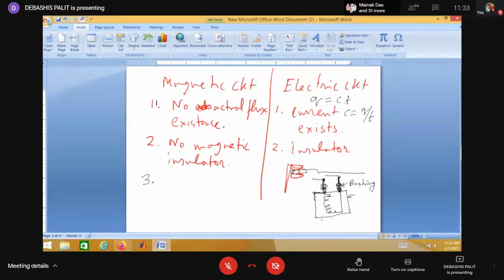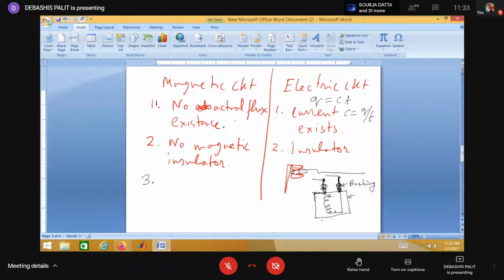To originate a flux, some amount of reactive power is required. But to continue the flow of flux, no power is wasted at all. But as long as current is flowing in an electric circuit, power is wasted. So only to establish the magnetic flux, the reactive power is required. But to continue the magnetic flux, no reactive power is required. But as long as you continue current flow through an electric circuit, always the active power is wasted.